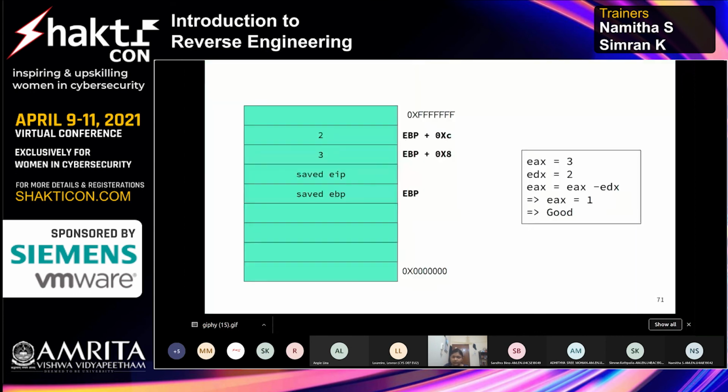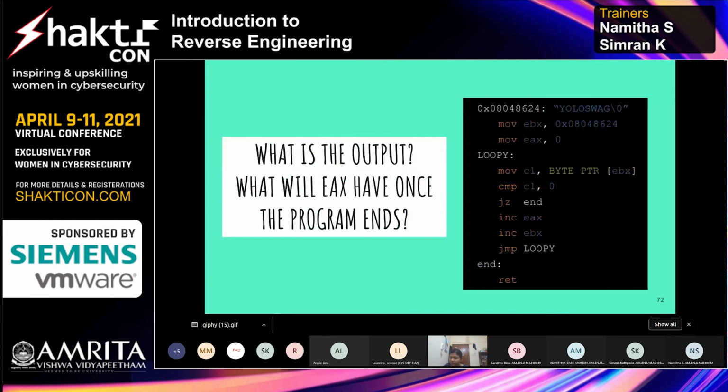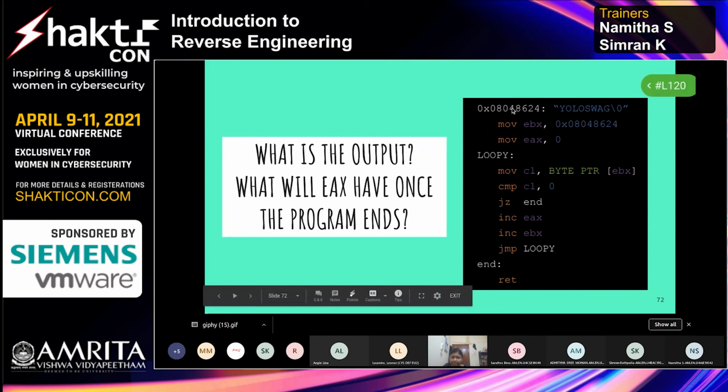Okay, so let's move to another small assembly program. Who will solve this? Some of you might already know, but okay. So what do you think is the output? I have this EAX register and this is being executed. Once it reaches this end, what will the EAX register have at this point?